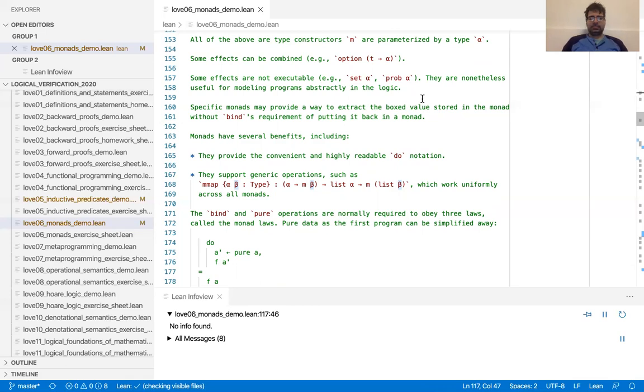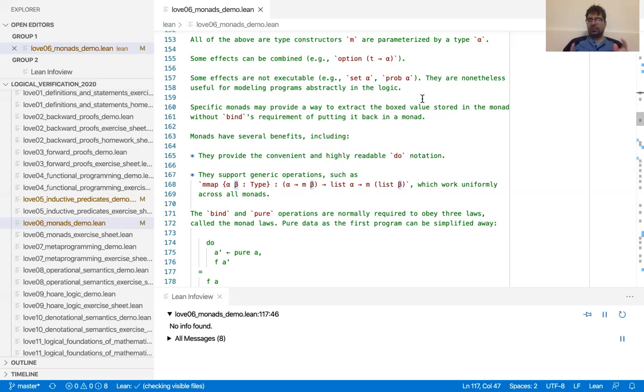But for example, with options, you can pattern match on an option, and if it's a some, you can retrieve the value, right? So you have a way to open the box if you want. It's just that this is provided outside the monadic framework. This is something the type constructor provides itself, right? So monads are just about the commonality, the very basic things that they all have in common. And it turns out it's bind, and it's